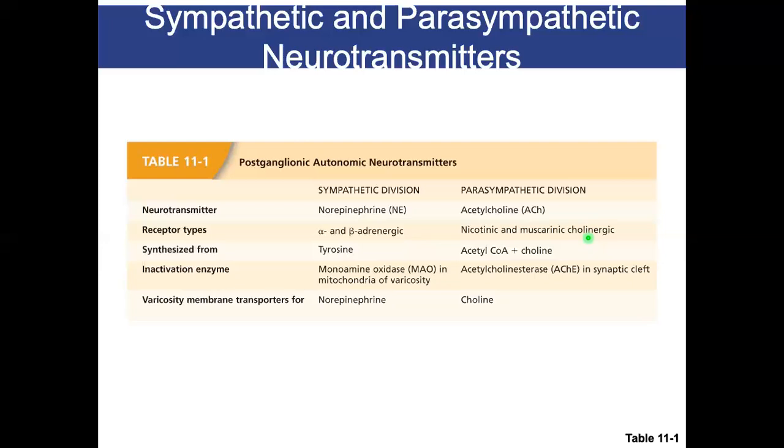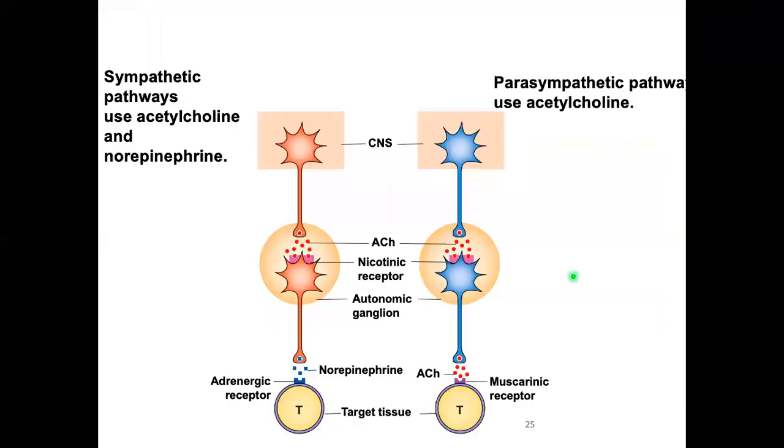The inactivation enzyme, or the enzyme that actually breaks down acetylcholine, is called acetylcholinesterase, and we abbreviate that AChE. So acetylcholinesterase is the enzyme that breaks down acetylcholine in that synapse. And we'll see that again when we get into skeletal muscle. Okay, so